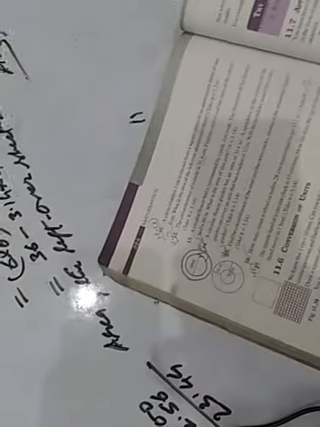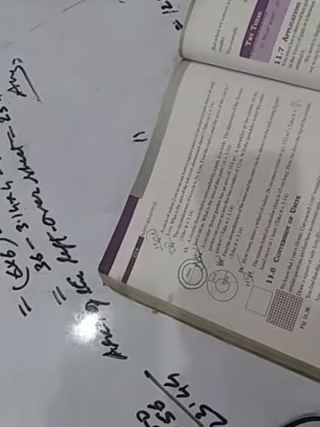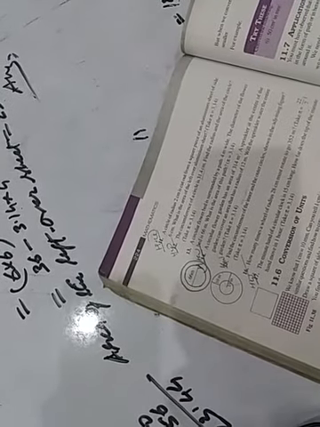Right children? Now let us see question number 12. Also you can do it yourself. The circumference of a circle is given to be 31.4 centimeter. Find the radius and the area of the circle. Circumference, that is 2 pi r, equals 31.4. From here you can see pi equal to 3.14 you have to take. From here you can find out the radius, and once the radius is found out, you can find out the area of the circle. So question number 12 is homework.